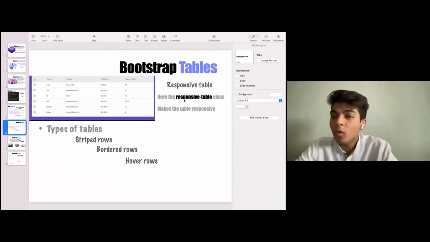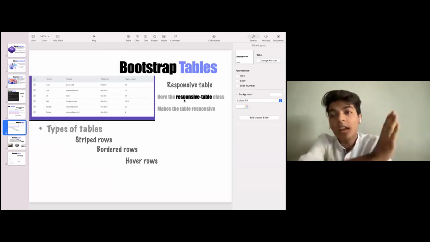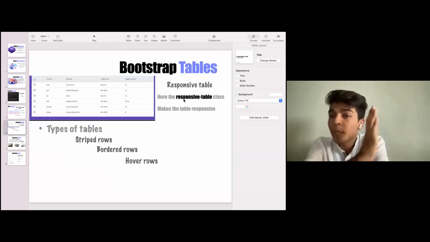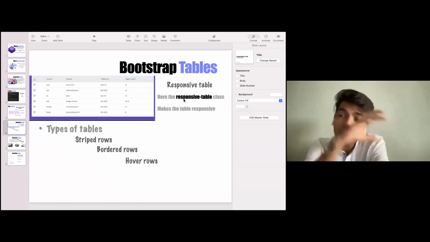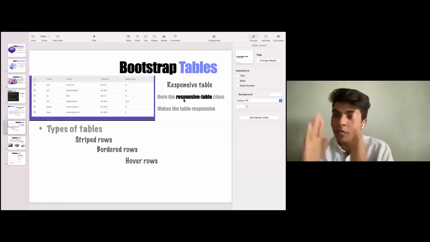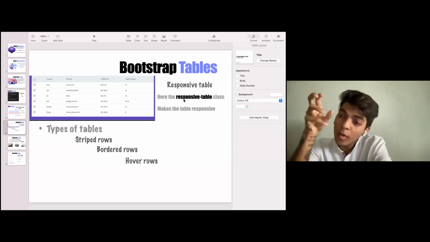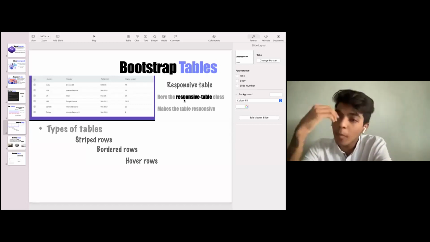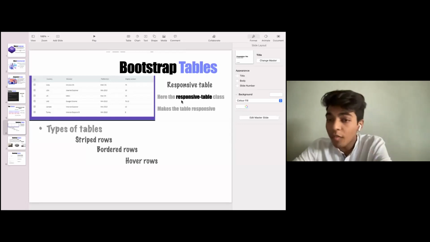Tables. Yesterday we saw that the table that Darshan had built was at a left-hand corner of the page. From that left-hand corner, we want the table to be in the center. And as I narrow down the screen from desktop to tabs to mobiles, I want the table to be concise, but it should be in the middle as well, and it should be visible to me by my bare eyes. I should not be searching for it or scrolling it out. That is something that is provided by the class of responsive tables.